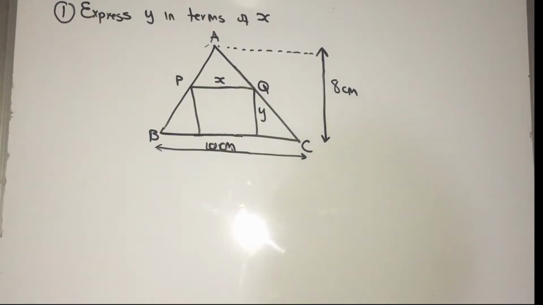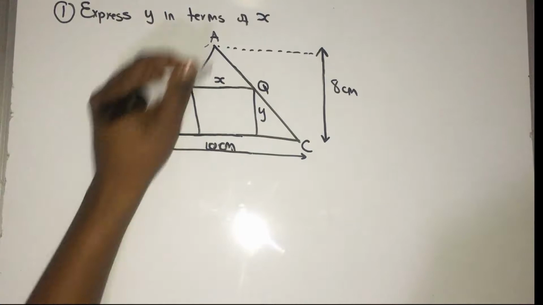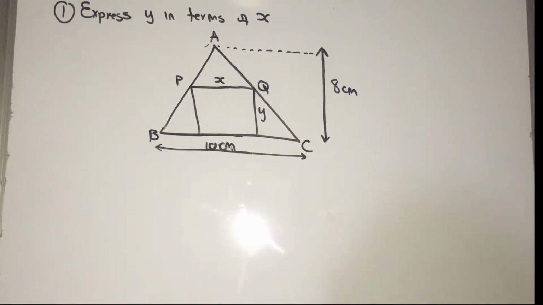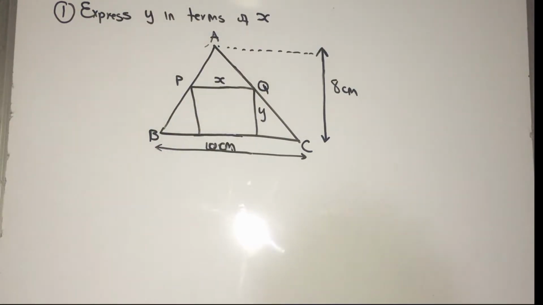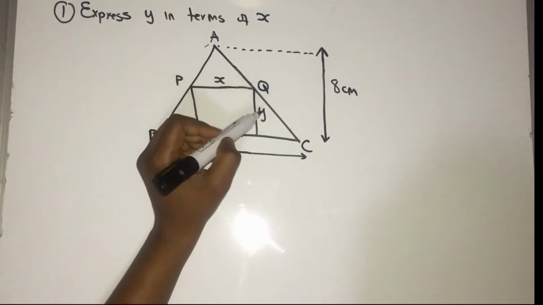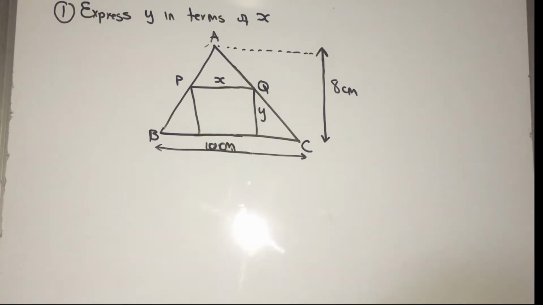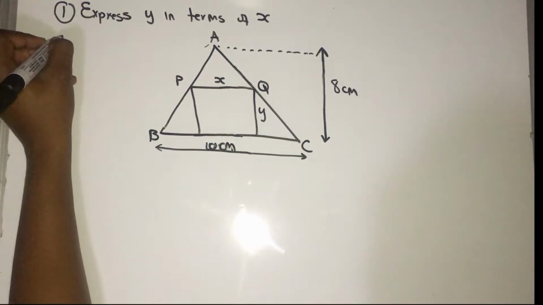Alright, so after going through the problem statement, the first question we are asked is to express y in terms of x. I've quickly redrawn the whole figure here. So this is the rectangle, and then that's a triangle. So we are asked to express y in terms of x. And then we are given a hint that triangle